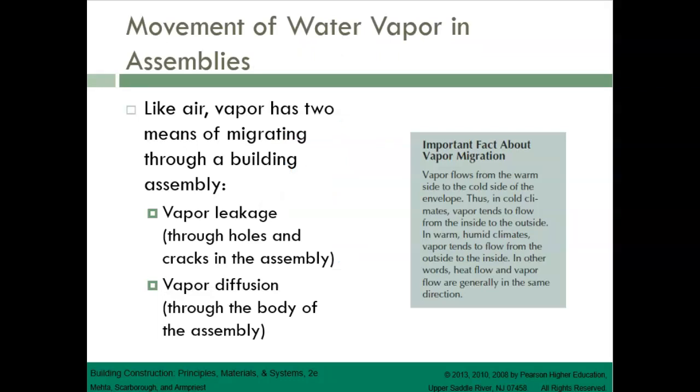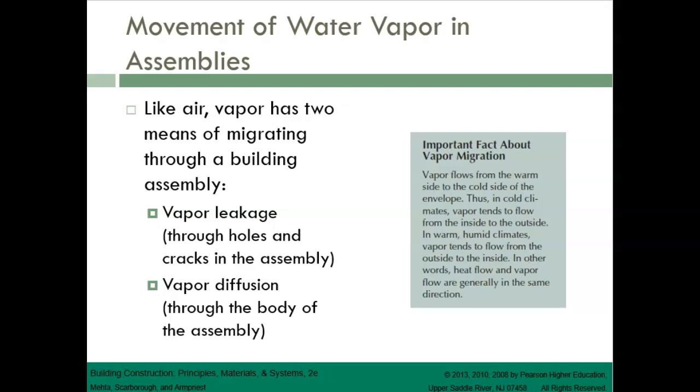Like air, vapor has two means of migrating through a building assembly. The first is vapor leakage through holes, gaps, and cracks in the assembly. And the next is vapor diffusion through the body of the assembly, through the walls, the solids, and building components and such. It is important to note that, like air, vapor flows from the warm side to the cold side